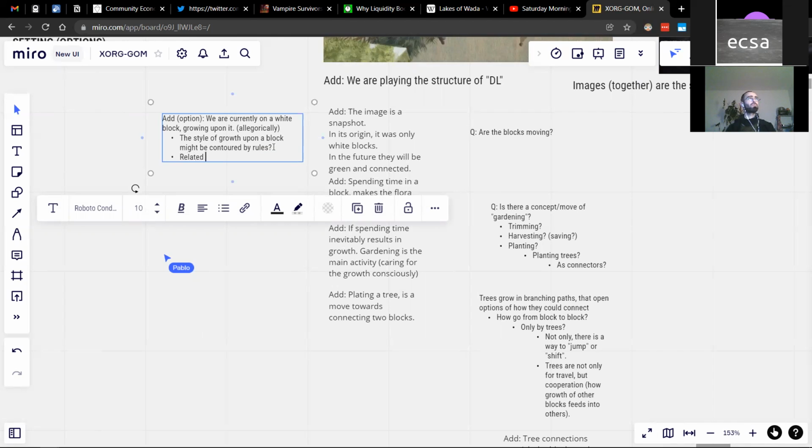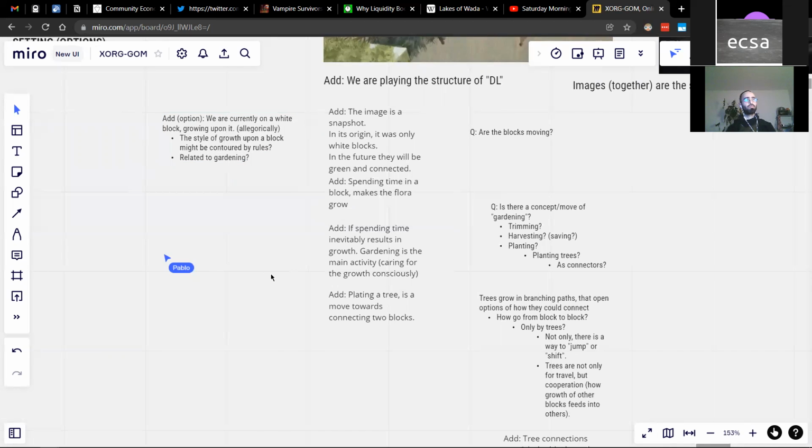I'll actually put it without the question, so it's a shift related to gardening, because just like gardening is like planting in a certain spot with a certain kind of grid work or supports. Like here, how this growth is happening here as contoured, not completely controlled, but contoured by the rules here, and it gives a shape to the growth.